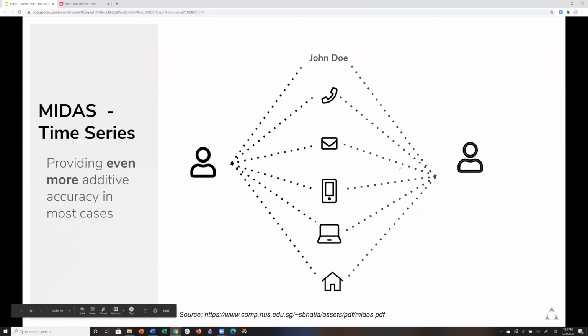One of the interesting additional approaches here that we wanted to talk about was a new academic paper called Midas. I have a URL down at the bottom here, for those of you so inclined to read about academic papers. But going back to our previous example, where I've got new data coming in, and I've got an ability to compare it against my corpus of information that we've already walked through. What we're going to talk about here now is adding time series to the graph attributes.